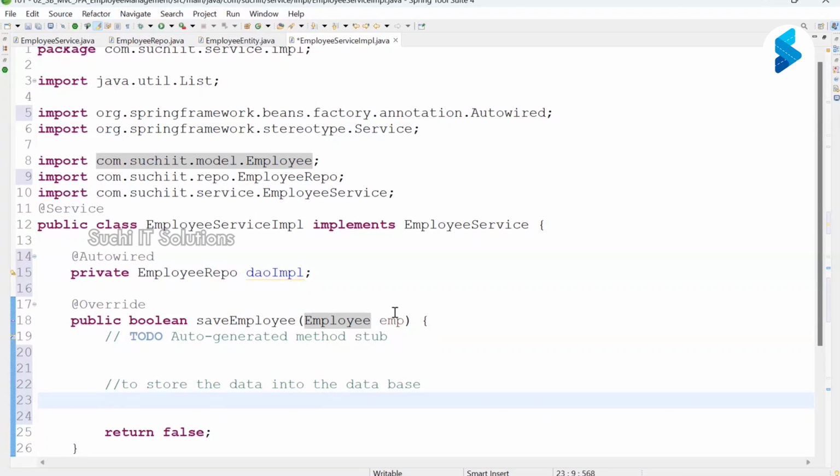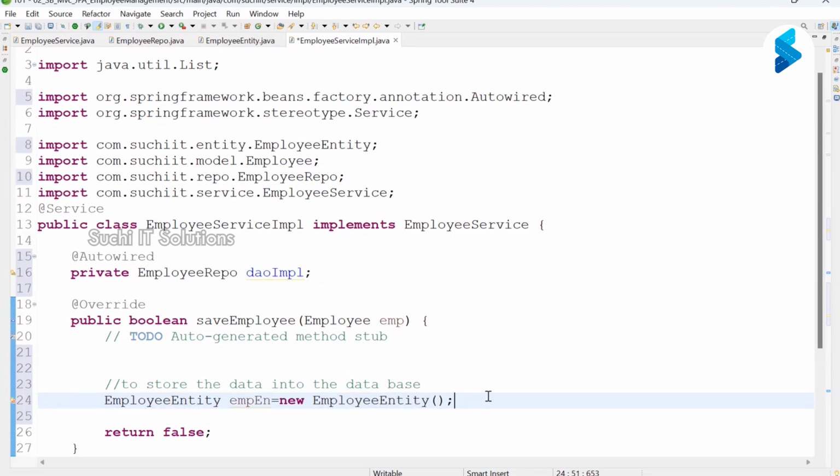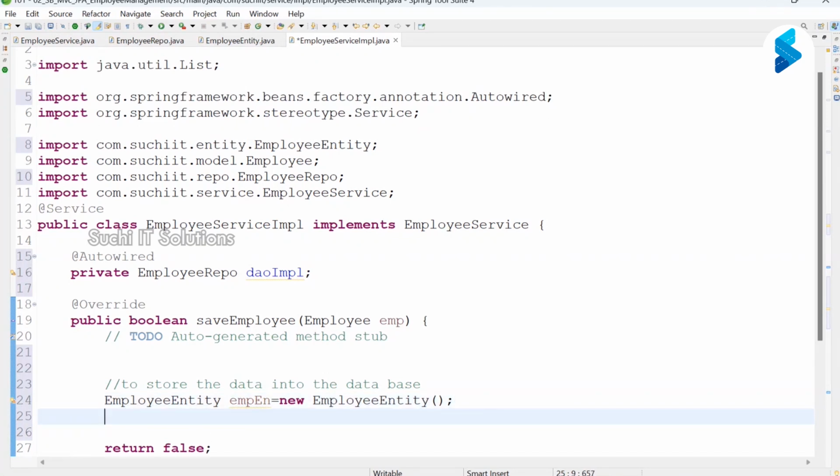Then we should copy this data to where? The entity class. Yes or no? Right. Employee entity, em reference variable, new. This is the bigger application. Right, entity application. Now,